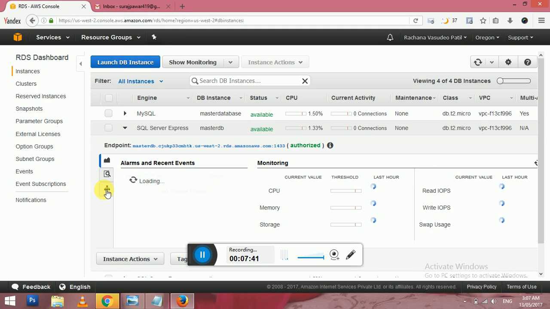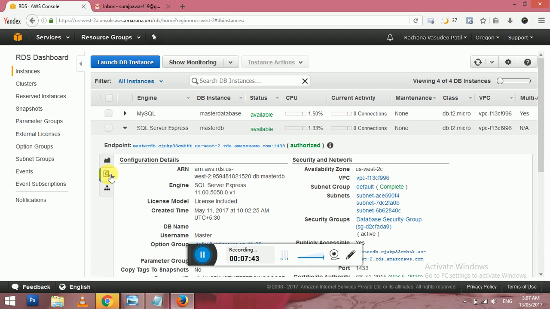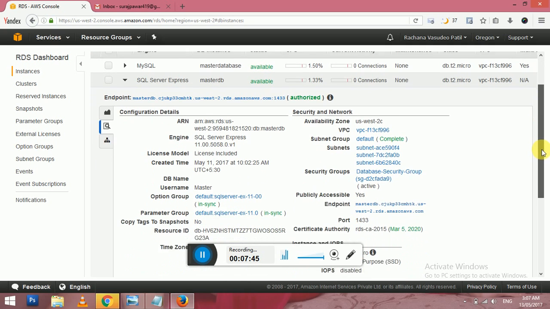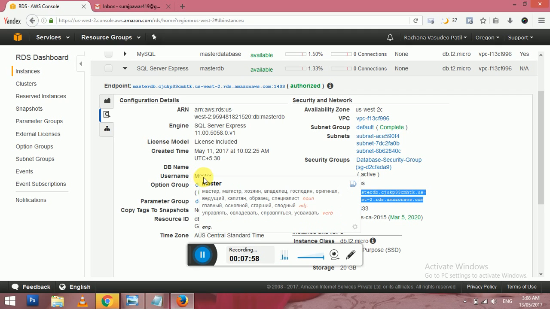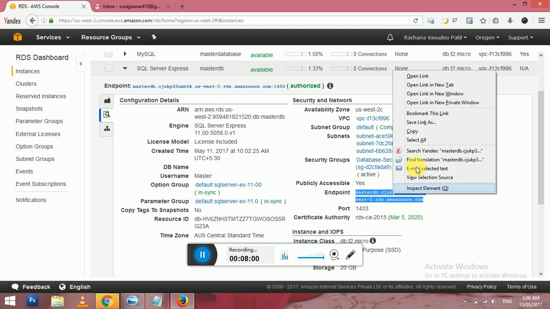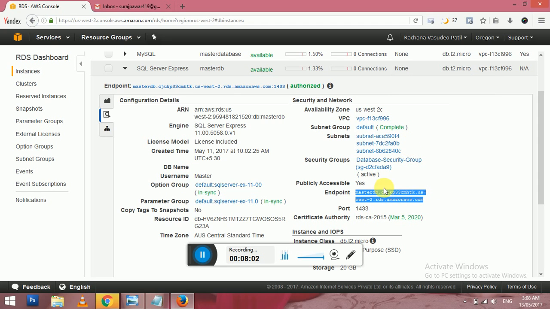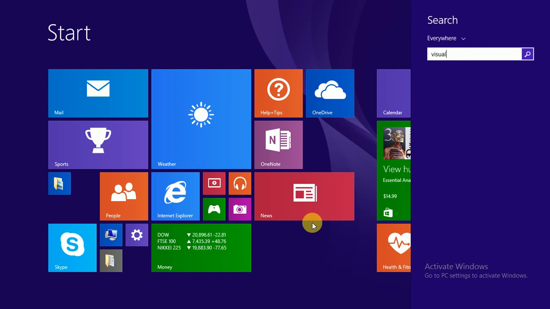It requires multiple tasks to connect that particular database to our C# application. We need our endpoint with the master username and password. Here I am providing the master username and the password that I already have. I copy that endpoint here, then open my